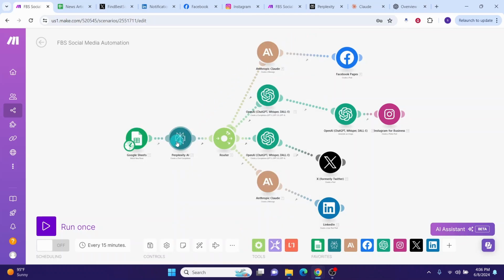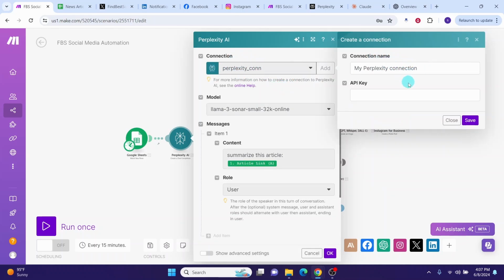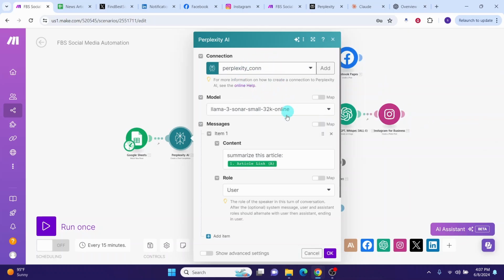Next, click on the Perplexity AI module. Click on the create a connection button or this add button. Here I am already connected to my Perplexity AI account. You can give any name to the connection, then copy and paste your API key and then click the save button. Once the connection is established, you will see this dialog box. I have selected the Llama 3 Sonar Small 32K online model,